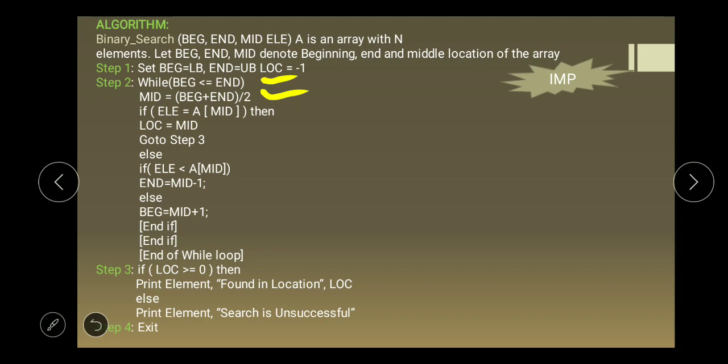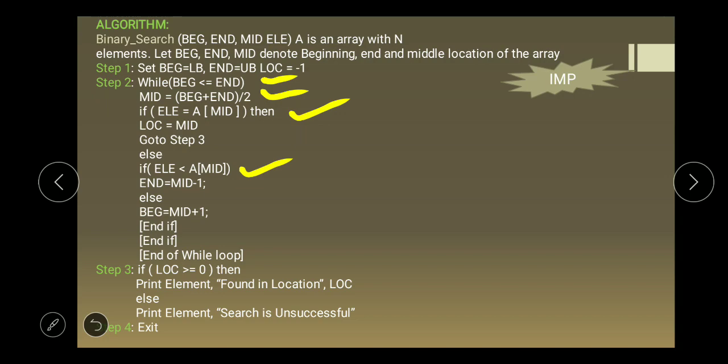We have to apply these three conditions in the algorithm. If the element is equal to middle, then location is equal to middle. Our search is successful here, so we go to step 3 and print element found in the location LOC. Otherwise, if the element is not equal to middle, then we apply the other condition, that is, element is less than middle.